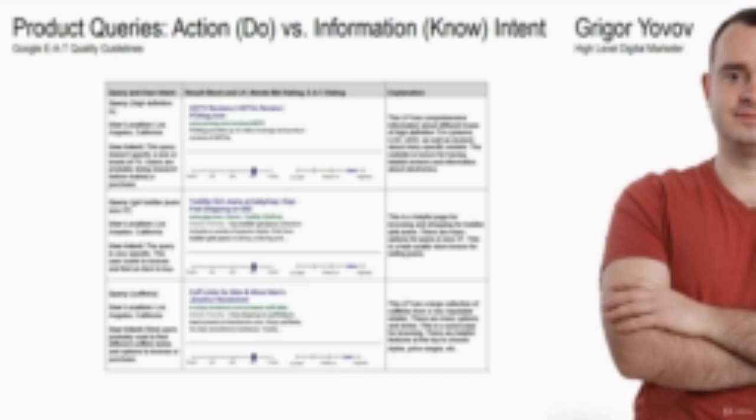Here there are three examples of such queries. The first one is "high definition TV". User location is Los Angeles, California. User intent: this query doesn't specify a size or brand of TV. Users are probably doing research before making a purchase. And we have a result